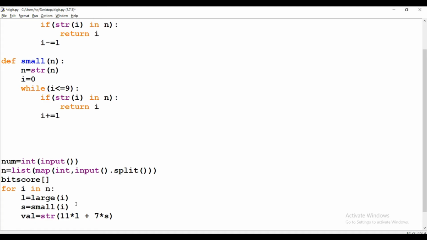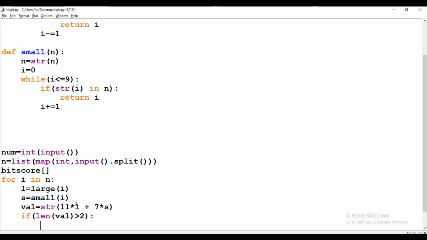So if length of val is greater than 2 and the condition is true, then I have to use string slicing. We slice the string and only take the last two digits, so val is equal to val from index minus 2.